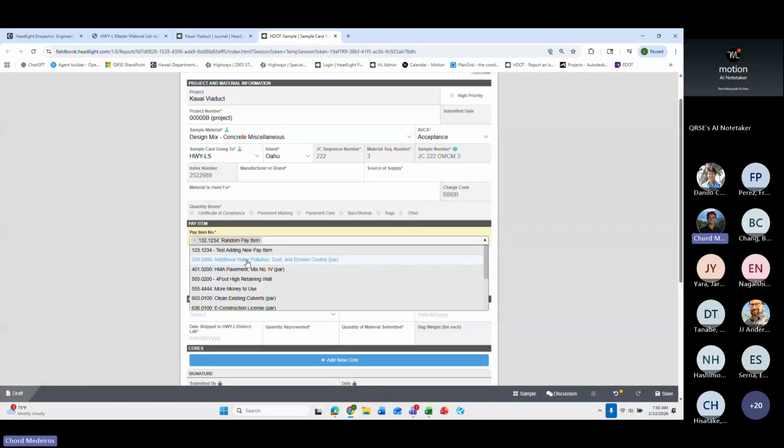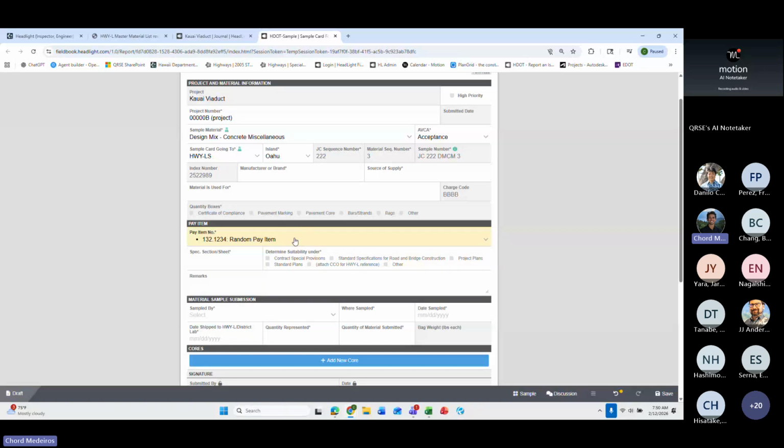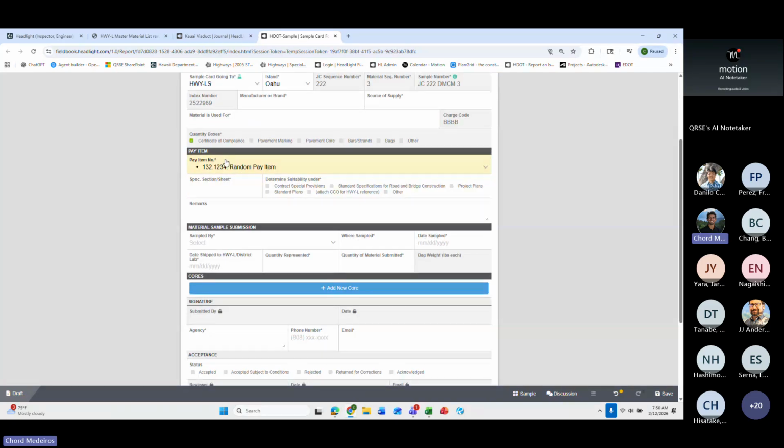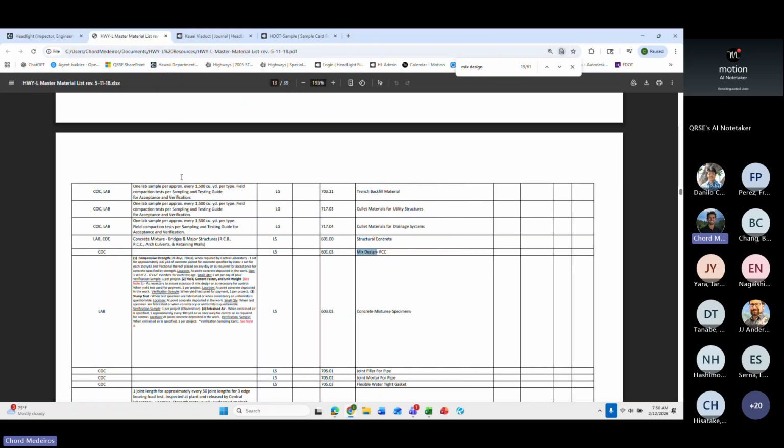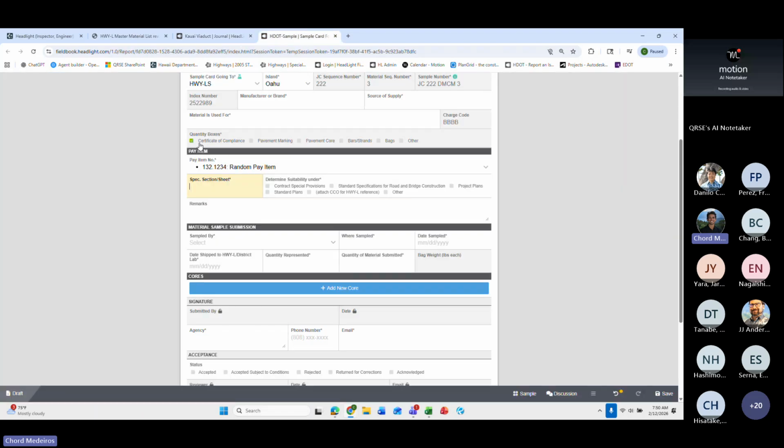this is super important, right? Because at the end of the project, when we generate the material certification, the acceptance or the rejection of this material is tied to this pay item number. So we want to be sure that this is a required field and that we are utilizing this. And then, based off of our submittal, the sub-spec section 60103, we go over to the material list, we search up 60103 COC requirement, need to check this quantity box, need to put in this box right